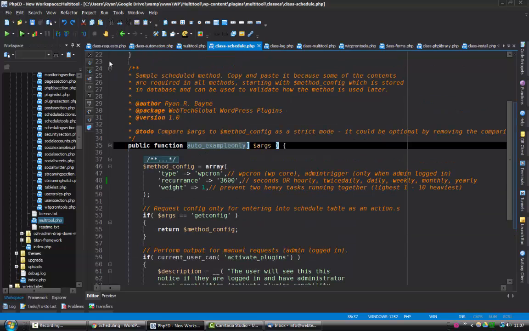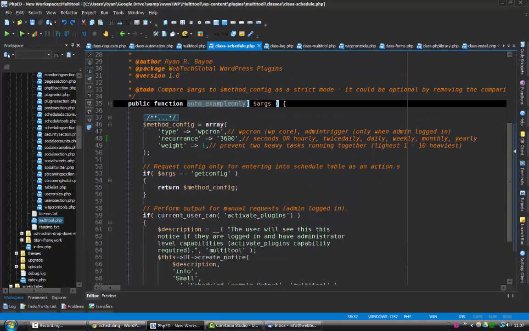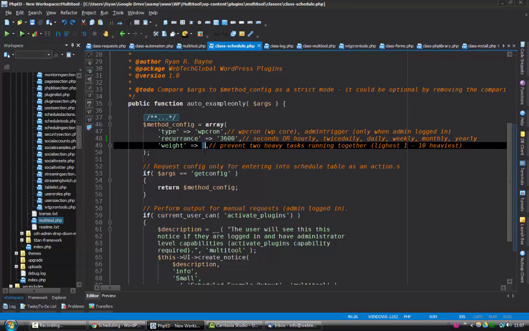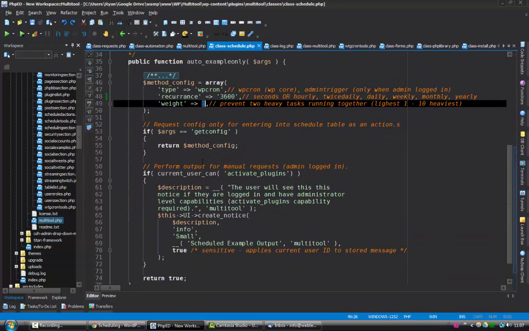Alright, the auto example only action, and the wait of this action is 1 because it doesn't do much at all. The more the action does, the bigger the wait. The number is 1 to 10, 10 being the heaviest, and it's up to the developer who creates the action to decide the weight of that action. And there's no exact science in it, but it's there to allow us to prevent too many actions running at once,